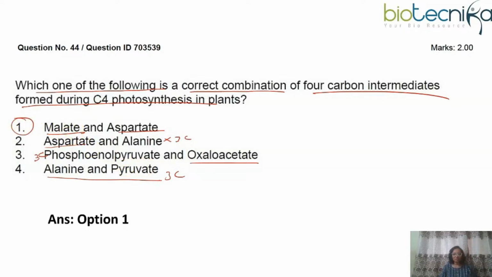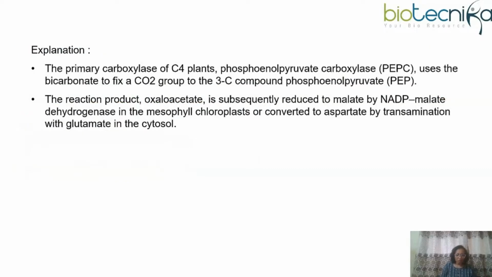But let me also explain the process. This may not be so easy every time. So you should understand the concept that during the C4 pathway, oxaloacetate is formed, but oxaloacetate is converted to malate. And malate is the one which is transported from the outer mesophyll cells to the inner bundle sheath cells. And there malate undergoes oxidative decarboxylation to produce pyruvate. Now, oxaloacetate and malate, both are formed, both are 4 carbon intermediates, but it can also be converted to